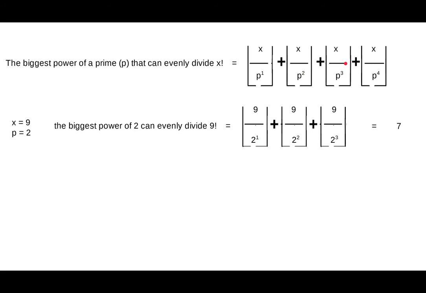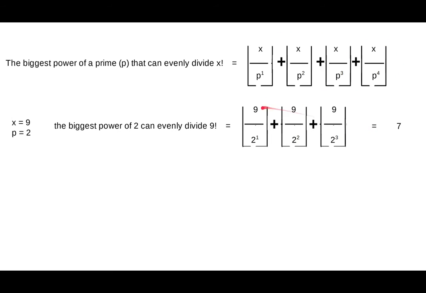Same with the statement above. If p to the power 5 is greater than x, then we're going to stop at p to the power 4. If p to the power 5 is less than x, then we could add x over p to the power 5 floored here. But since we're just taking these four for simplicity,